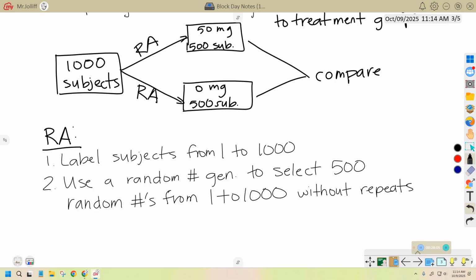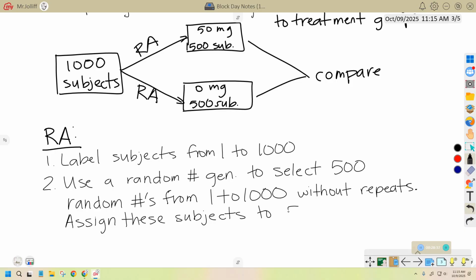What am I going to do with those 500 people that I selected? Where do I put them? In a group. Which group? So I have to pick one. The 50. Let's put them in the 50. Good. So we are going to assign these subjects